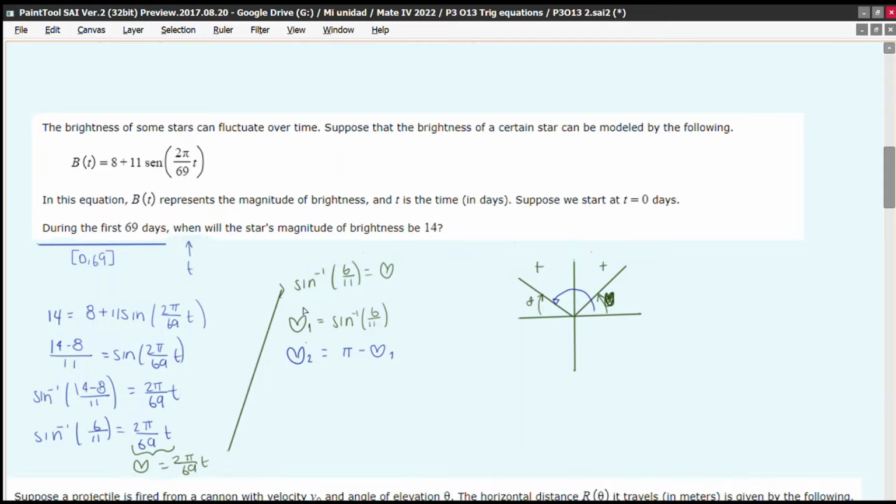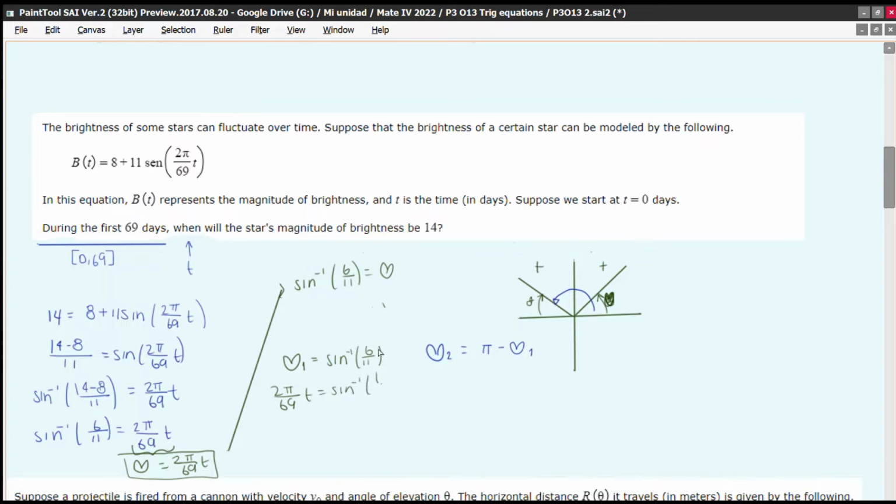And then we can follow up and find those solutions. But here we have to remember what was my heart. My heart was 2 pi over 69. So I'm going to replace those values. Actually, I'm going to just move this right here and this one right here. Okay? So from here I know that my heart was 2 pi 69t, and that equals, according to what we